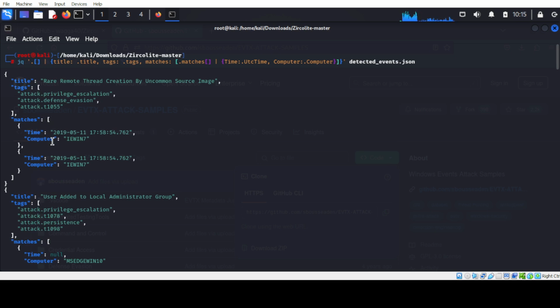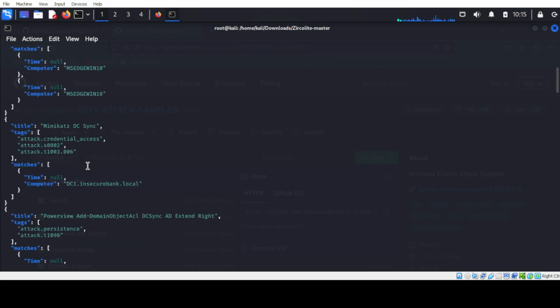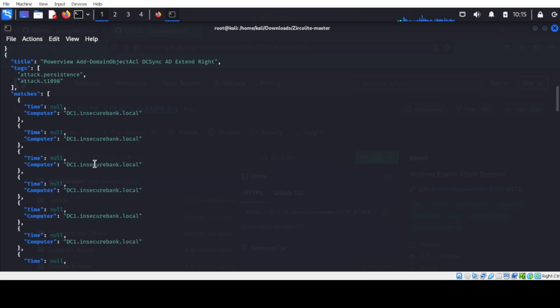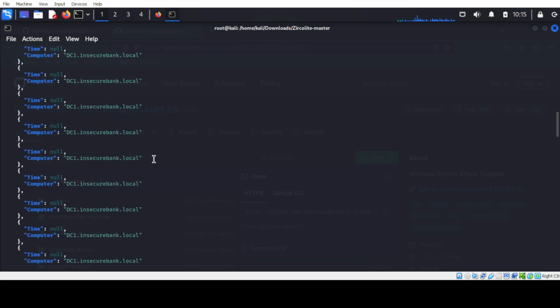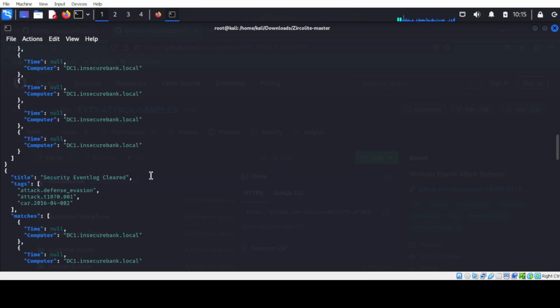This command shows me the detail of each computer. Here you can see the timestamp and computer. Why does it give only the computer parameter result? Because in the command I used this parameter. If I scroll below, you can see the rest of the system names are also there. Mimikatz, this tool is used to get passwords. Some other computer name. See, this belongs to some domain. This PC is part of some domain.